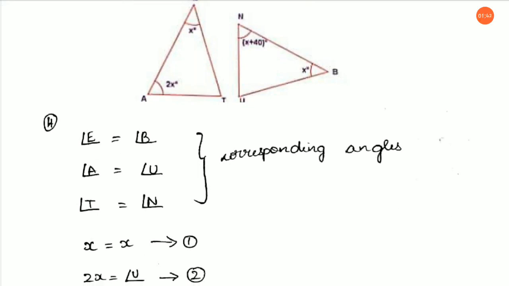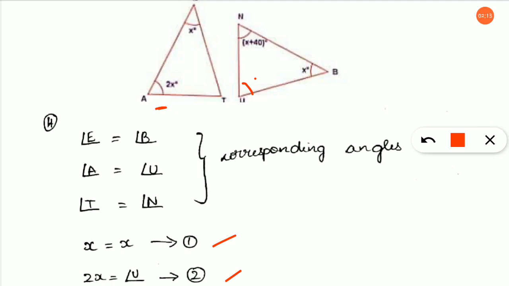Angle E is equal to X. And then angle B is also equal to X. That is the first equation. After that, angle A is equal to 2X. They have given you the value here, right? So angle A is equal to 2X. And for angle U, nothing is mentioned, so I am going to just consider it as angle U only and mark it as equation 2. Just for our purpose, we are mentioning it as 1, 2 and 3.